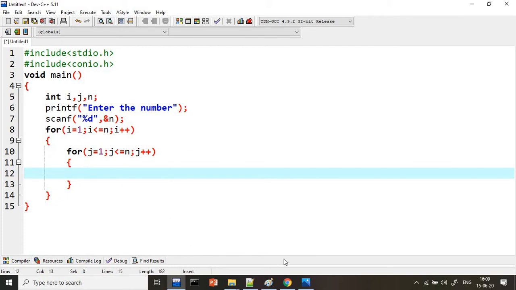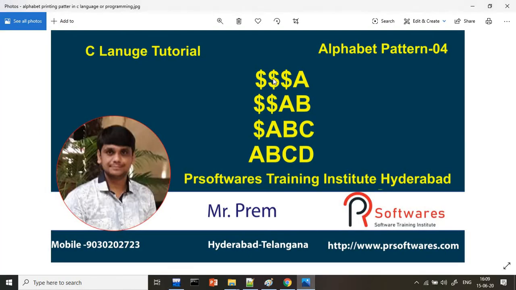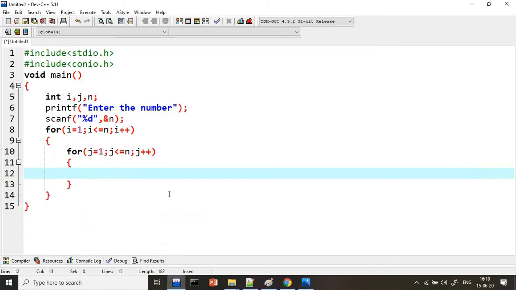Now inside that, if you observe here, we have two things. One is the dollar, and second is ABC. So how many dollars are there? If it is the first row, it is 3 dollars and 1 A. So what is the logic? If the n value is 4, n minus 1 is the dollars and 1 is A. On the second row, n minus 2 dollars and 2 letters AB, n minus 3 and so on. So the simple concept here is n minus 1 dollars will be there on the first row, and it will just decrease in the next rows. So indirectly in my program I want two logics.